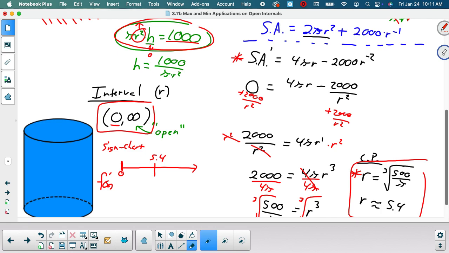So if you plug something between 0 and 5.4 into the derivative, like let's say we plug 1 in, what is 2 times pi times 1? Well, that's going to be 2 pi. And then plus, this is going to be 2,000 over 1, or just 2,000. This is going to be a positive number, so I have a positive right here. If you plug something bigger than 5.4 in, like 100,